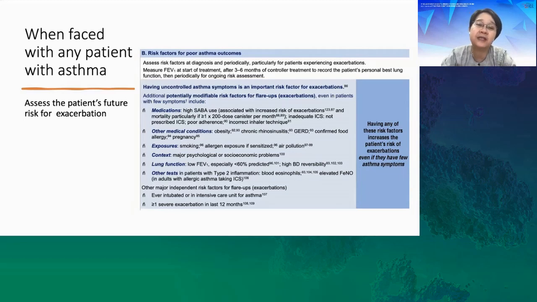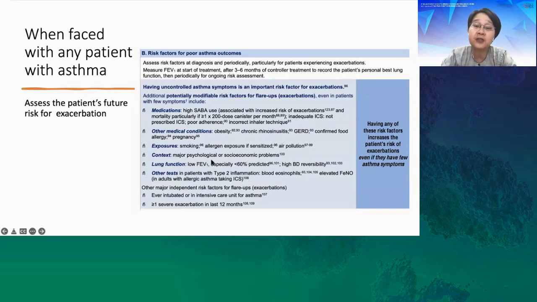So I think when you see a patient with asthma in your clinic, it's important to ask them about their SABA use, and if they're actually using more than 3 canisters per year, you probably need to think whether they're at risk of asthma exacerbation. We also look at comorbidities of obesity, chronic rhinosinusitis, GERD, or confirmed allergies. Pregnancy itself is a risk for asthma exacerbations. We know that 1/3 of patients with asthma will go on to have increased exacerbations throughout the period of pregnancy. If they smoke, they should stop smoking. And if they actually have lower socioeconomic problems, they are at risk of getting asthma exacerbations.